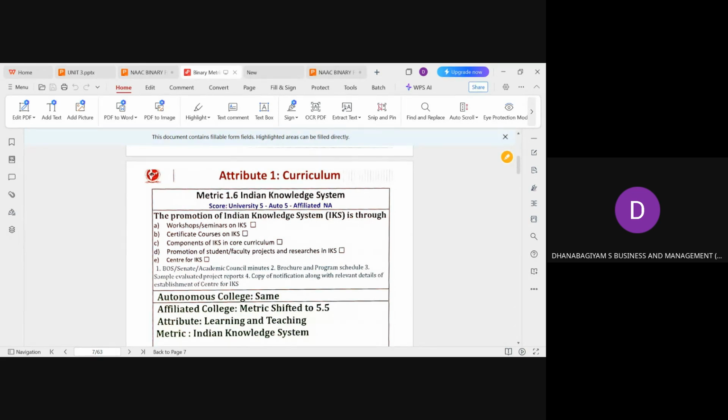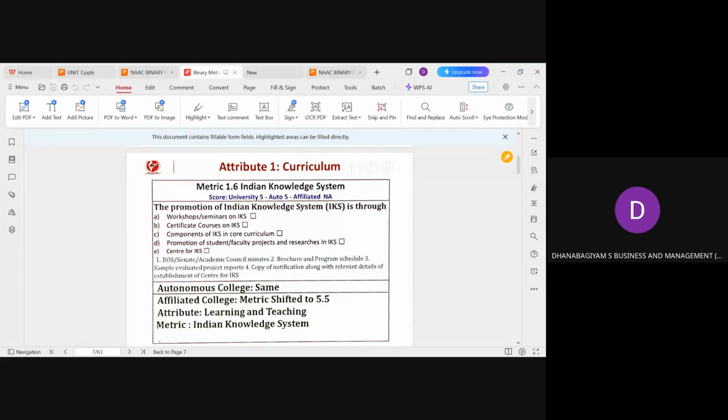When you consider metric 1.6, it talks about the Indian knowledge system. Most of the colleges have started to have their own Indian knowledge system as a subject, and this subject can be given 2 credits. Under this subject, we can consider a workshop, a seminar, or a certificate course. If possible, the students can go for certificate courses, or workshops can be arranged for around 10 days, and we can give them 2 credits. We can evaluate the students' knowledge level and give credits for this Indian knowledge system subject.